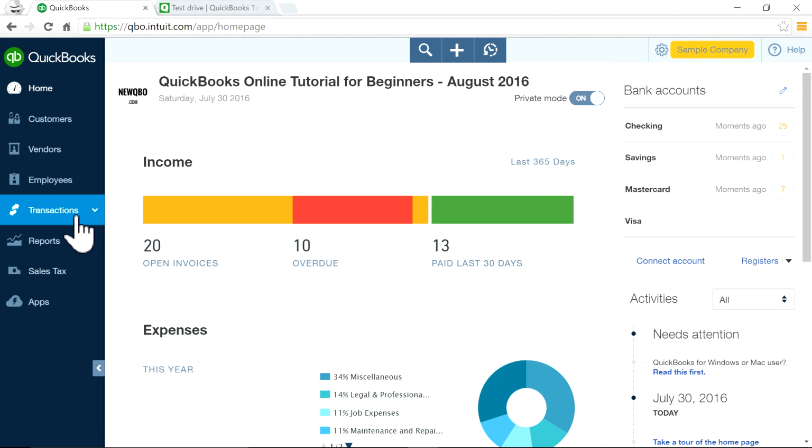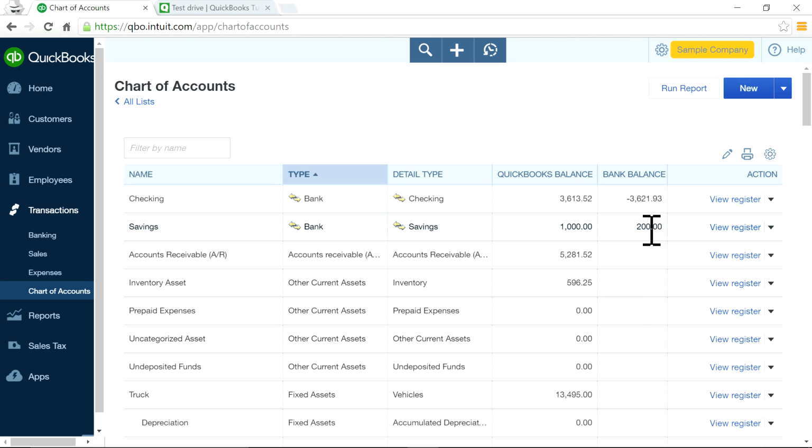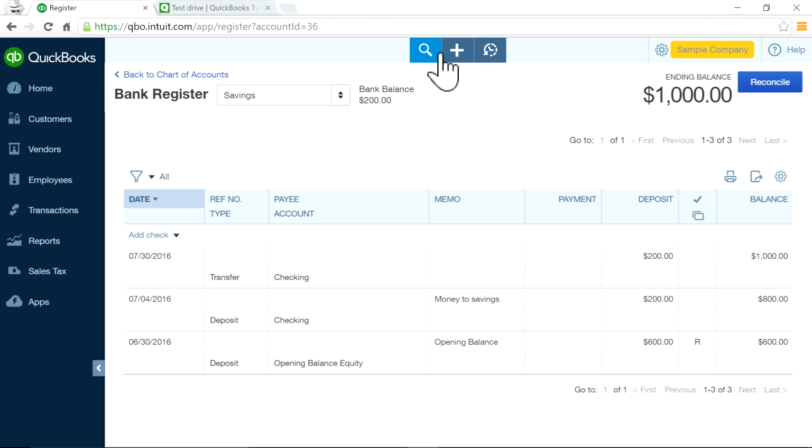And if you go to checking savings account, you will see $200, of course, right here. So $200, you just add it, right? Okay,